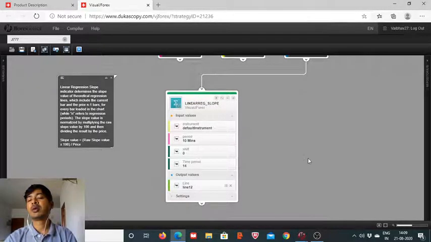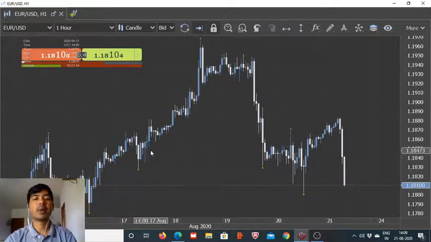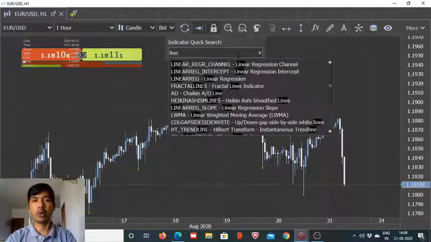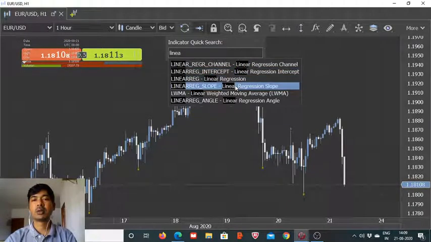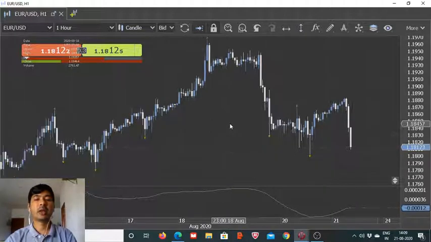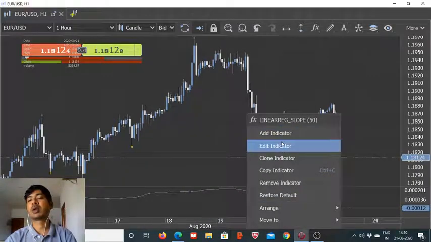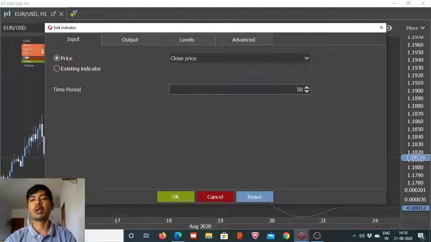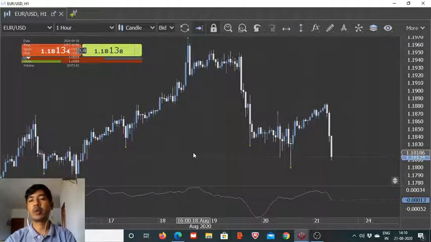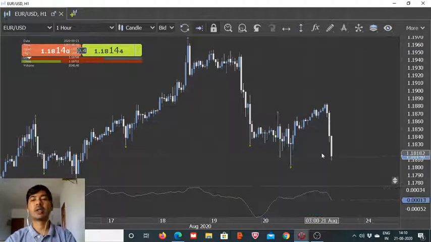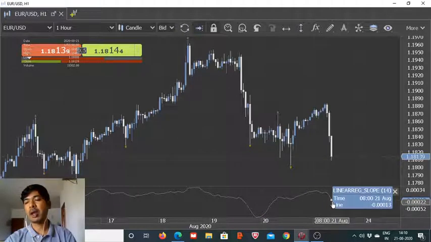We have to observe the chart, and we have to determine what is the best combination for us to trade with. So let us add the same indicator, linear regression slope, on the chart so that you can have a better understanding. This is for 50. I had edited it, but let me restore it to the default value, which is usually 14. So here we have this linear regression slope plotted on the Euro USD's hourly chart, and as I tried to explain to you, the slope, this value which is